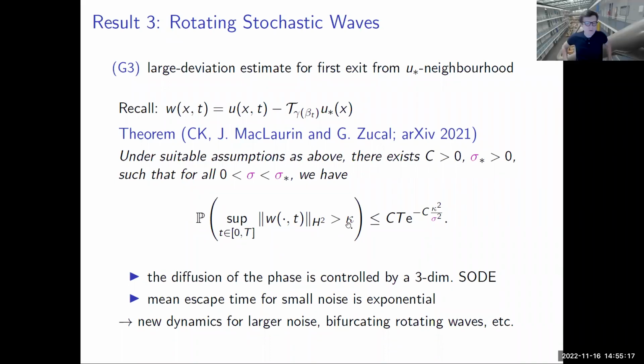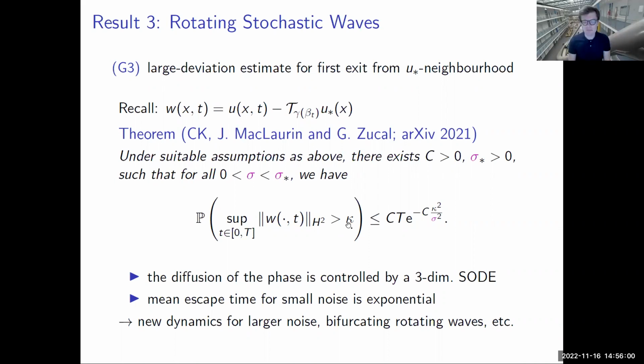In 3D, it would probably be a bigger symmetry group. If you had three spatial dimensions, you would have SE3 probably, and SE3 is bigger. That would just give you a higher dimensional phase diffusion, so there would be more directions along which the phase can diffuse. You could probably extend that. Maybe the most interesting case that I know of in 3D would be scroll waves, which have been analyzed in biological problems since the 80s and 90s already. But there could be other types of patterns in 3D that rotate and oscillate.